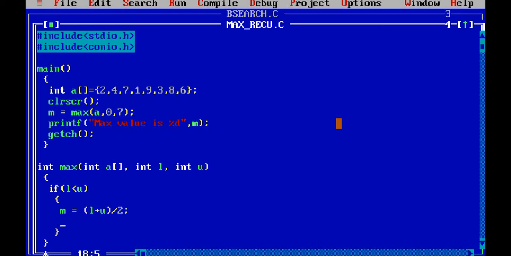And then what you can do? You can divide into two parts and expect that they will return the max of the half part from each individual part.